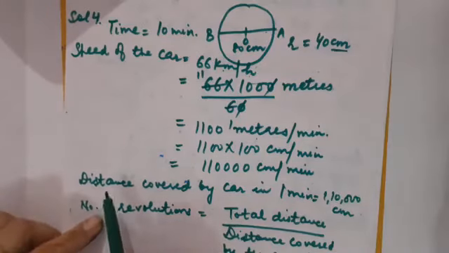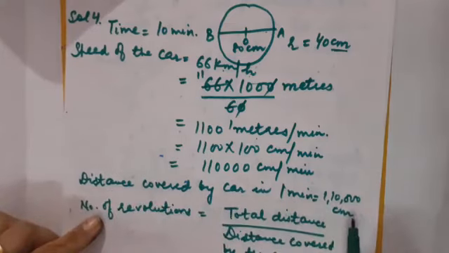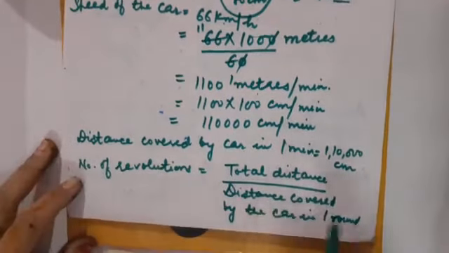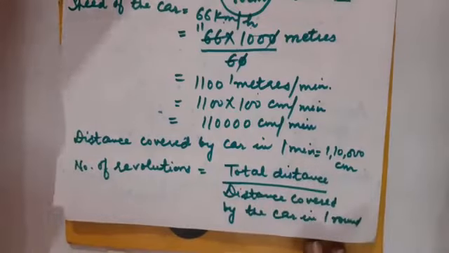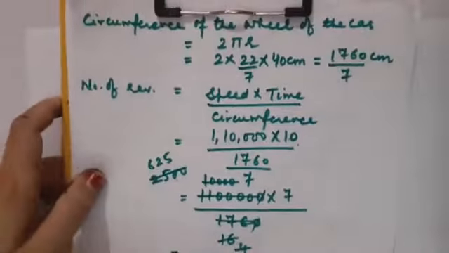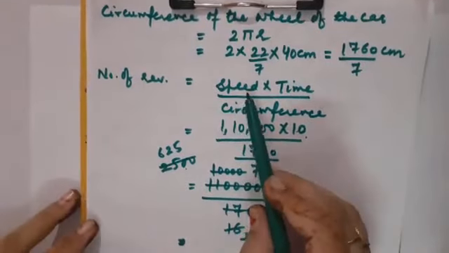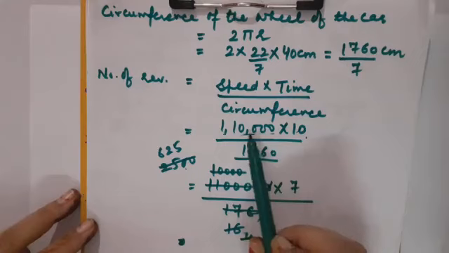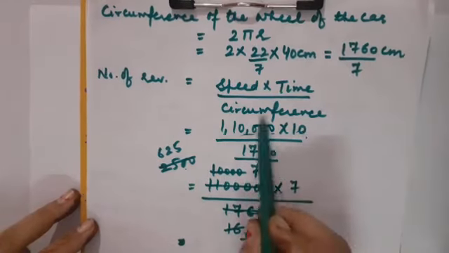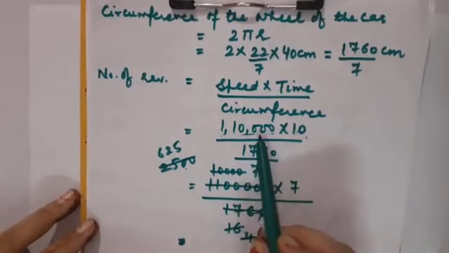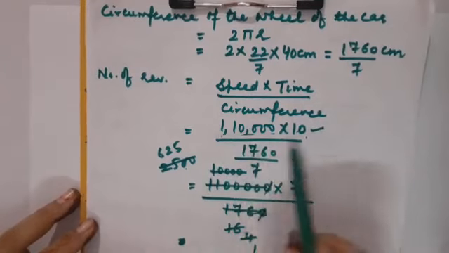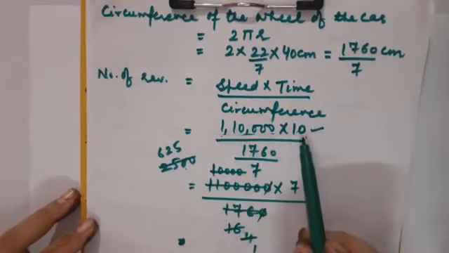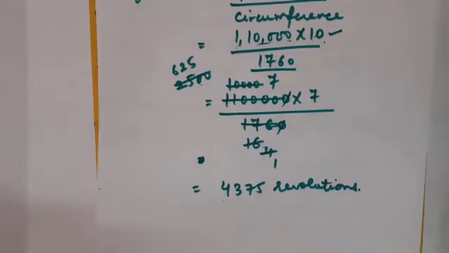Children, just keep one thing in your mind. The distance which was covered by the car in 1 minute, that was 1,10,000. But children, in formula we learnt that we are going to calculate total distance. Total distance means distance in 10 minutes. Correct? So distance in 10 minutes, how did I calculate? I just took the distance which was covered in 1 minute and I multiplied it by 10. Or you can call it speed also. This is 1,10,000 centimeter per minute. This is per minute. So you are multiplying it by 10 to come to know about the total distance covered by the wheel of the car. Got it?